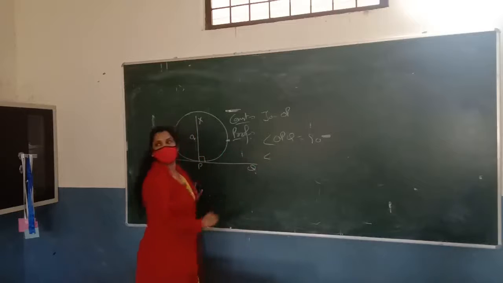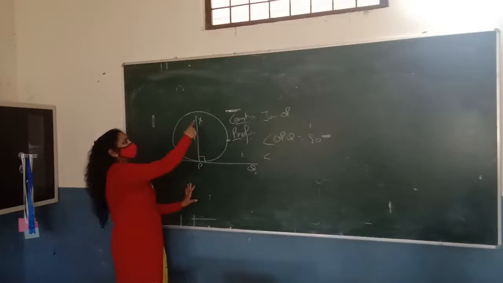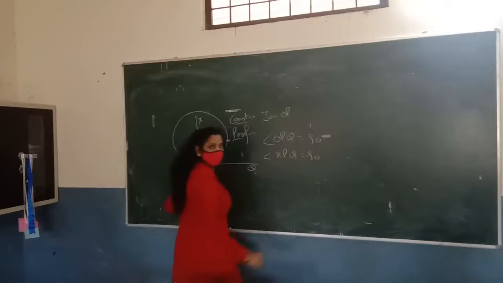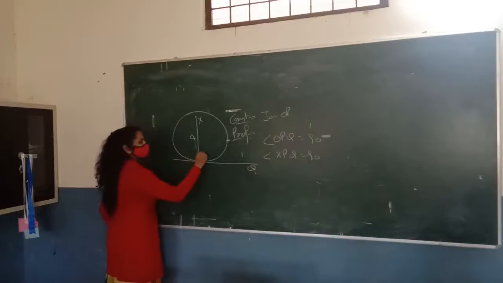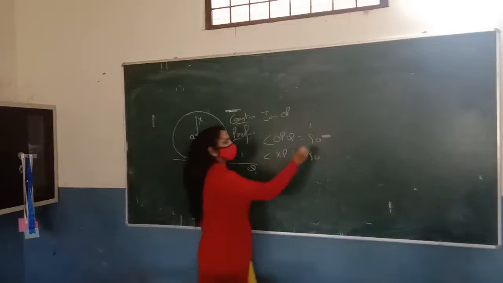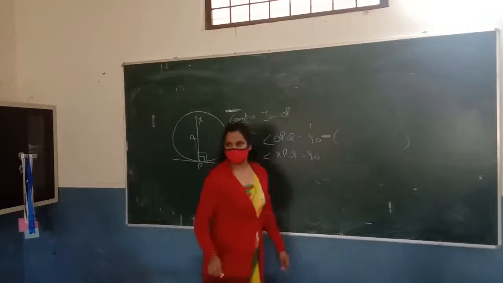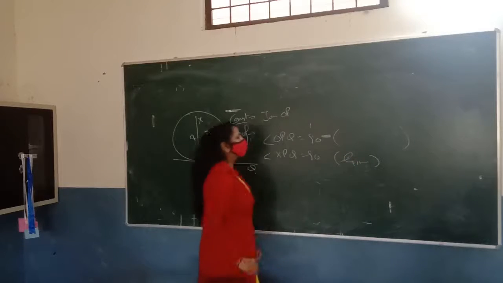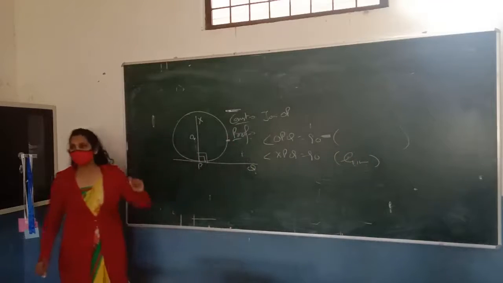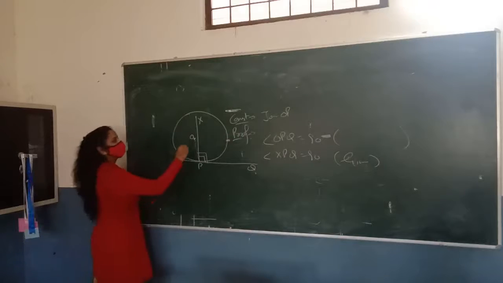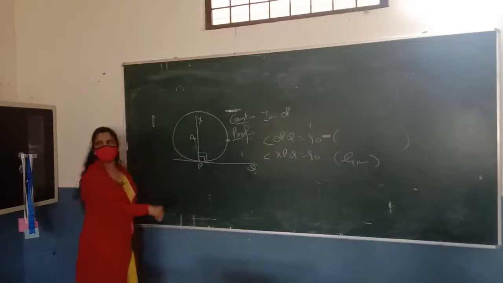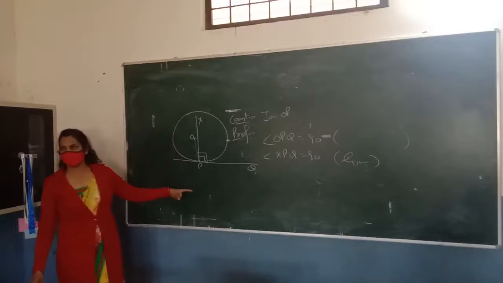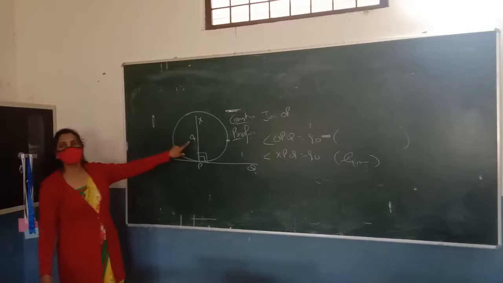And again, we know that XPQ is equal to 90. Both these angles are 90. For the first one, you have to write the theorem here. And for the second, we will write it like given. So now we will write, it is possible only when OP will coincide over XP. So the perpendicular will pass from the center of the circle.